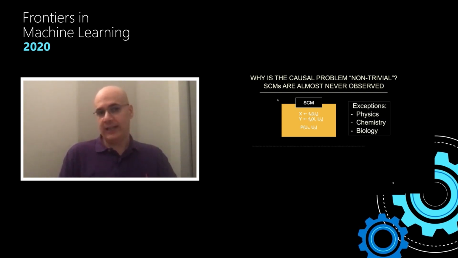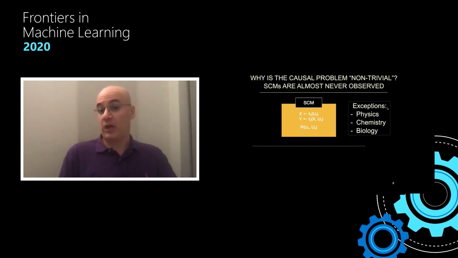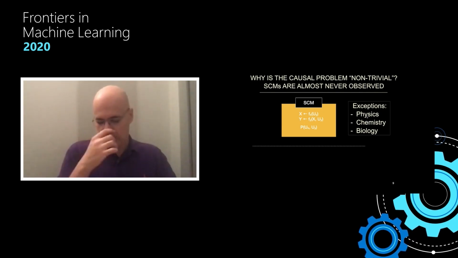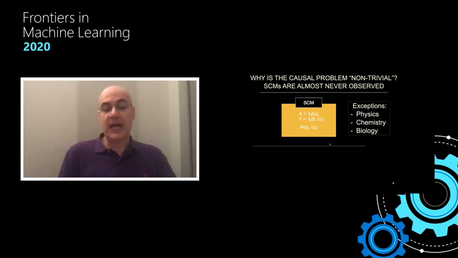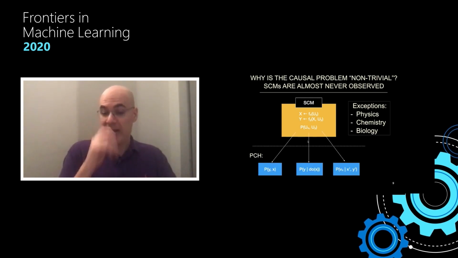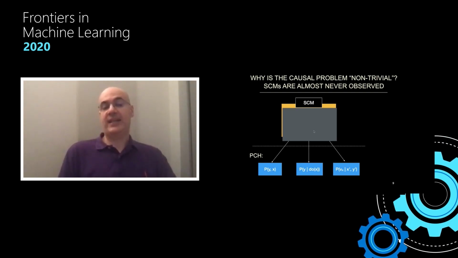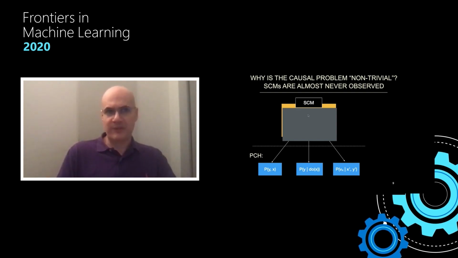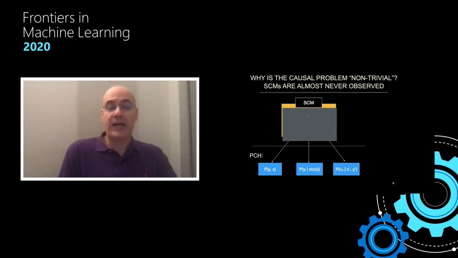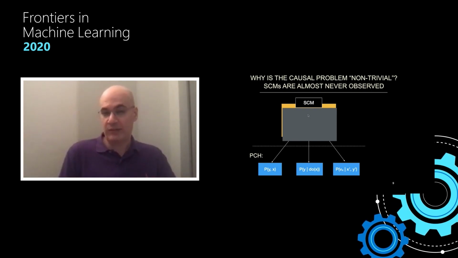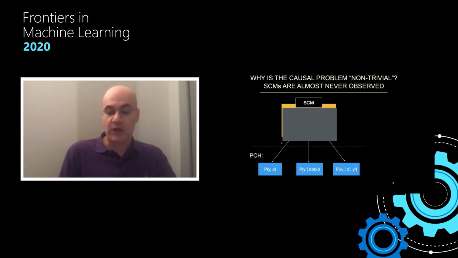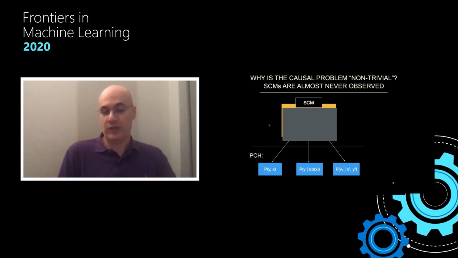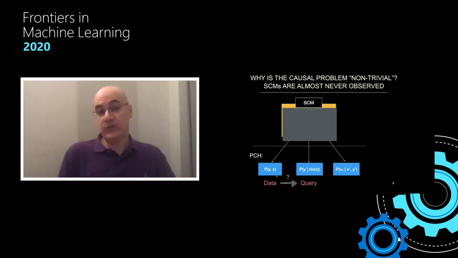The answer is that SCMs are almost never observed, but for a few exceptions, in fields such as physics, chemistry and biology sometimes, in which the very target is to learn about this collection of mechanisms. In general, we do not observe the SCM. In most of the fields that we are in, AI and machine learning, there is a human in the loop, some type of interaction, and given that we cannot read minds and we don't isolate the environment in a precise way, you don't have a controlled environment, so usually you cannot get the SCM itself. Still, the PCH still exists: this collection of mechanisms that underlies the system that we're trying to understand is still there, inducing the PCH,